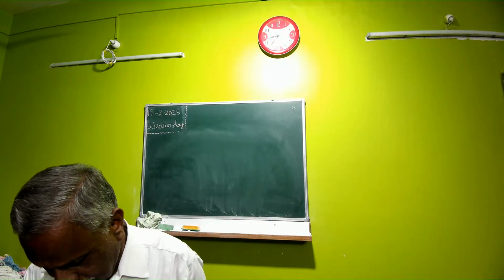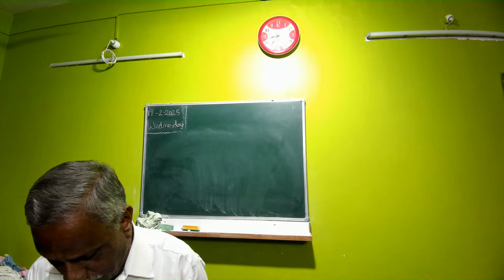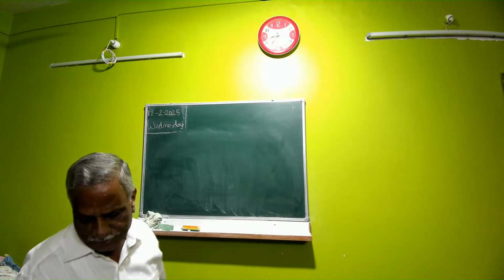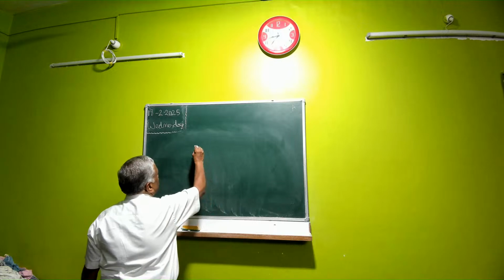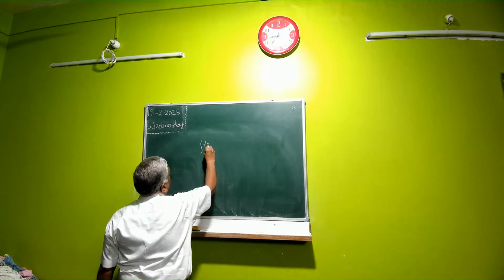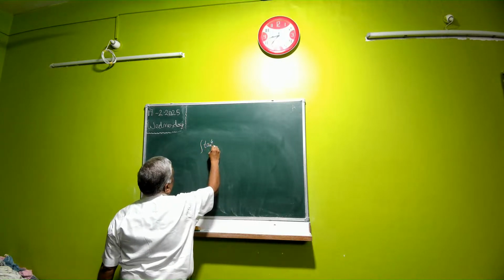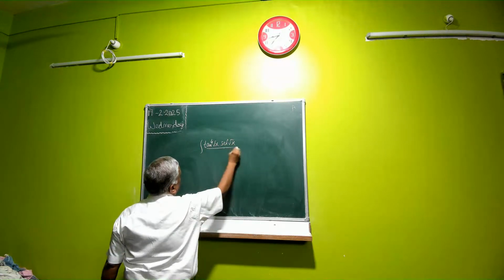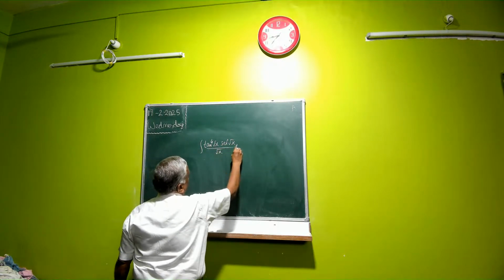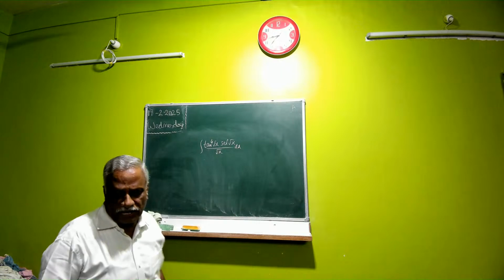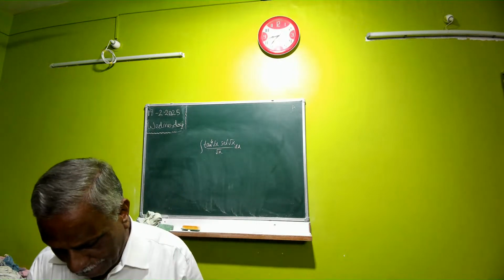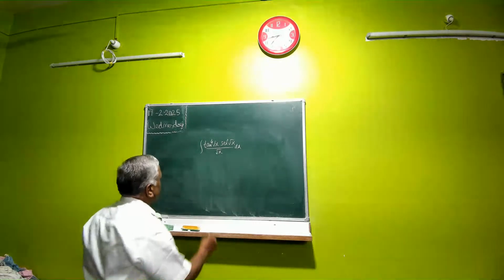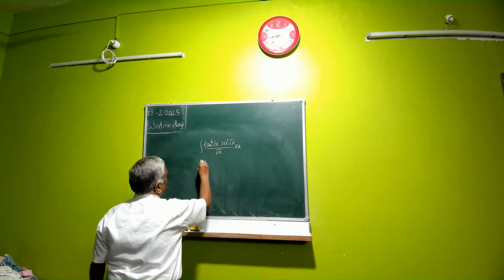That year, in August 22, they are given 3 problems. One is this, the other one is tan to the power of 4 root x secant square root x by root x. This problem I worked out earlier, I will skip that. So the next problem, 0 to pi by 2